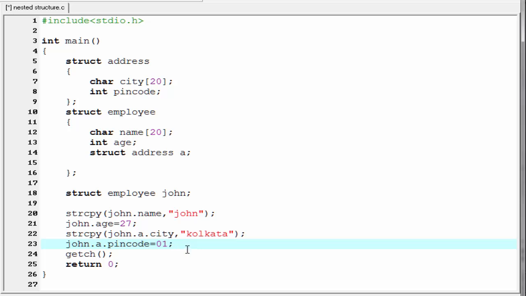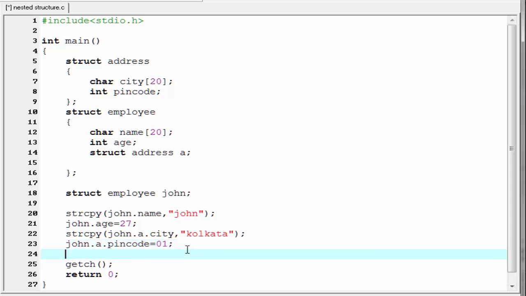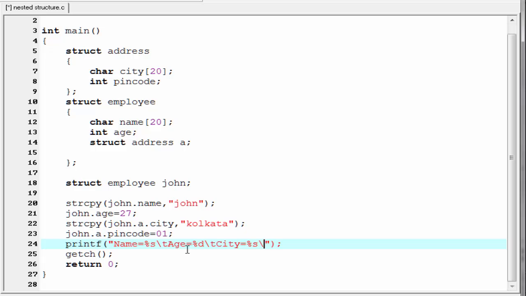For that I'm going to write here printf, name equal to %s, add here a tab, age equal to %d, add a tab, then city equal to %s, add a tab, and then pin code equal to %d.